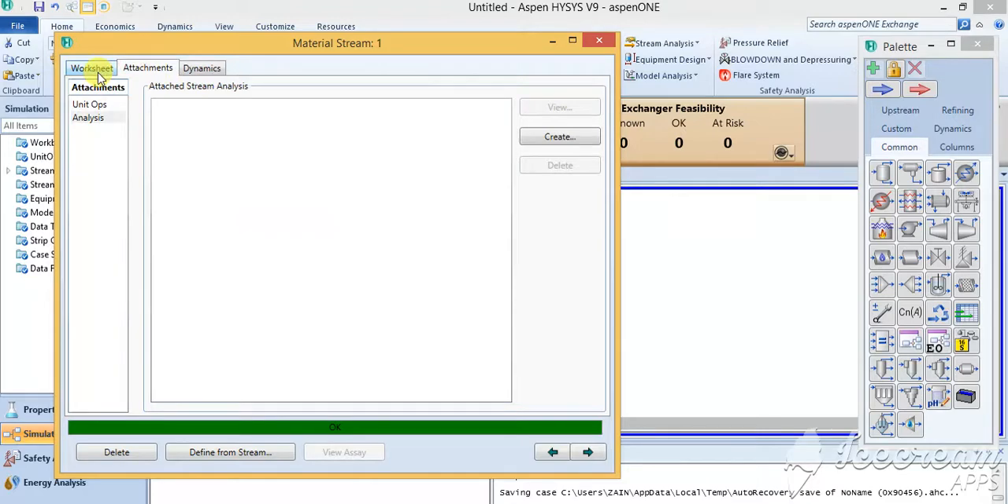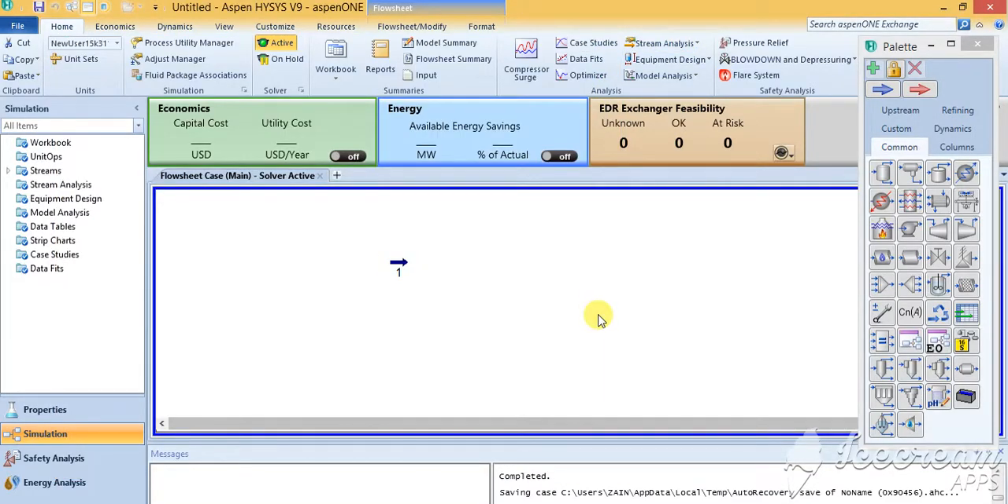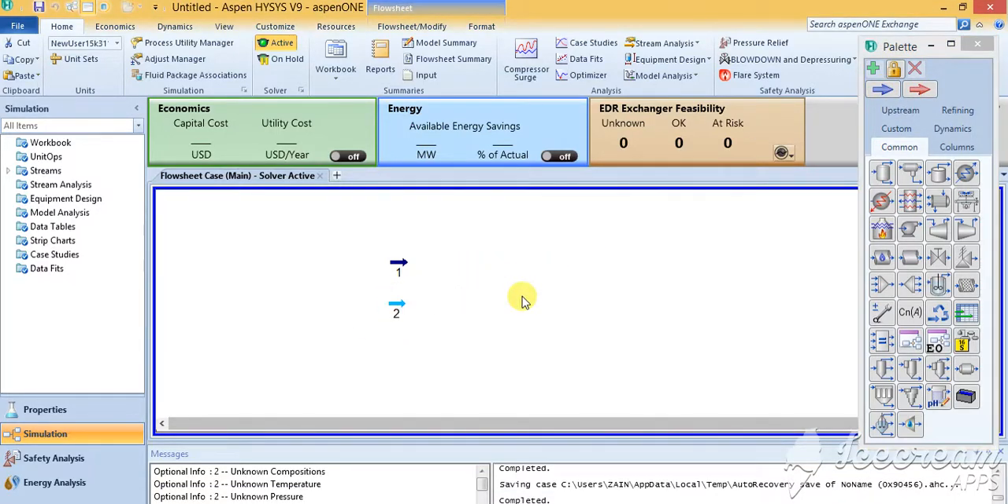Another thing is that in the material stream, once you make the material stream, for the next material stream you don't have to go all the way back up to the